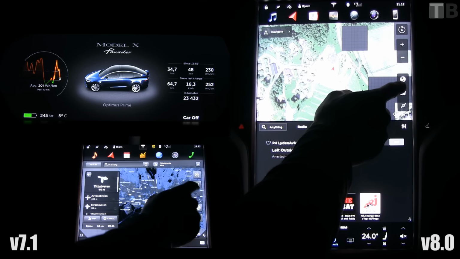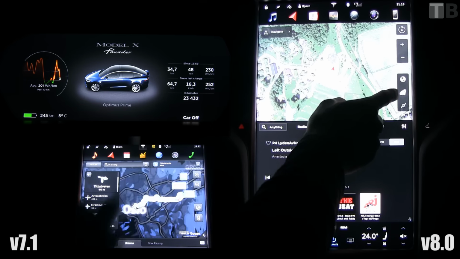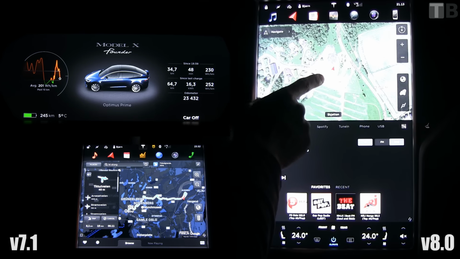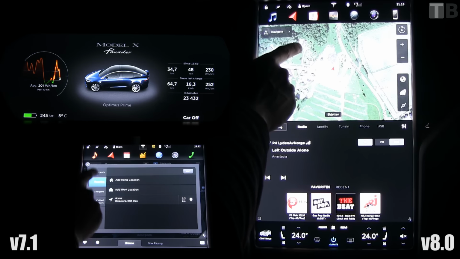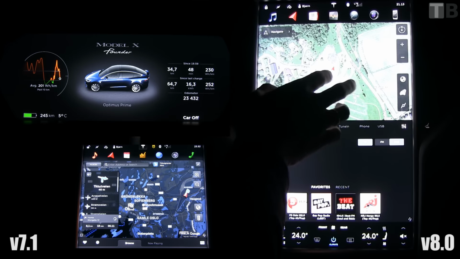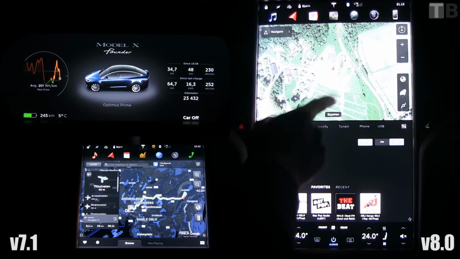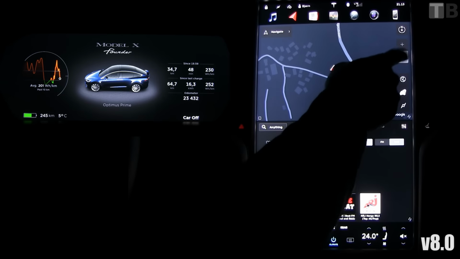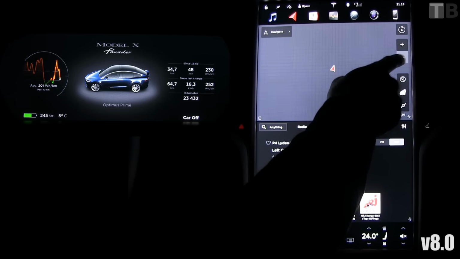I switch on the terrain. I mean, actually not the terrain, the satellite picture, because I want to know my surroundings. Especially when I drive with a trailer, I want to know how the road is here. Can I turn around here? Or sometimes, especially at night, I want to know how the terrain looks. So I switch this on and off. Sometimes I also switch the traffic on and off. Well, you can't see it now, but